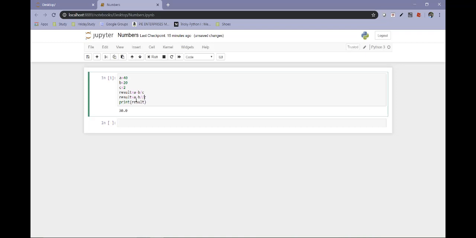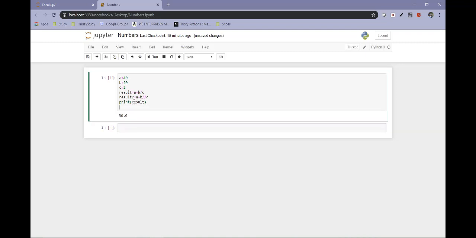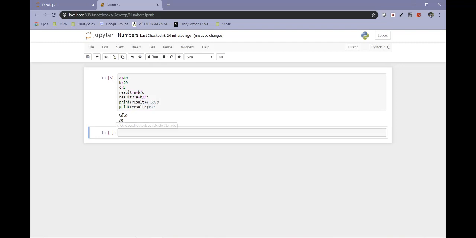Now let's suppose we perform the same operation, but we give double slash operator here, and let's change the name of this variable, let's say result 2, and let's print the result 2 as well. So for this first one, we will get floating point value 30.0, but for the second one, we are expecting only the integer value, that is 30. So let's run this and check out. Here we can see that when we use the division operator, we get the floating point value as a result. But when we use the float division or the integer division operator, that is double slash, it gives us the int value.